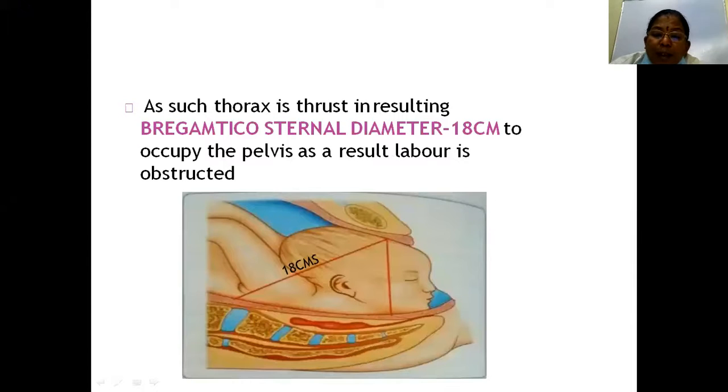So at such a position, you can see the posterior thorax is entering. The thorax is coming inside, resulting in the bregmatosternal, or sternobregmatic, diameter, which is 18 centimeter and which occupies the pelvis when there is a mento-posterior position. This can result in obstructed labor, prolonged labor, and there can be chances of rupture of the uterus also. So we will see the